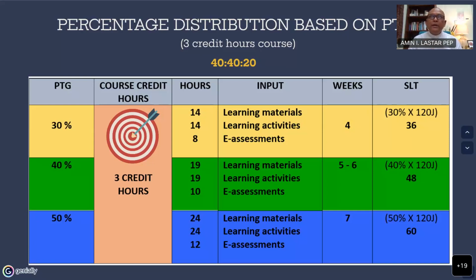And we have to let our students know that for these particular topics, in these particular weeks, the lesson will be conducted as PTG. Meaning there will be no physical or face-to-face contact, not even through the synchronized way. So I hope this is clear.